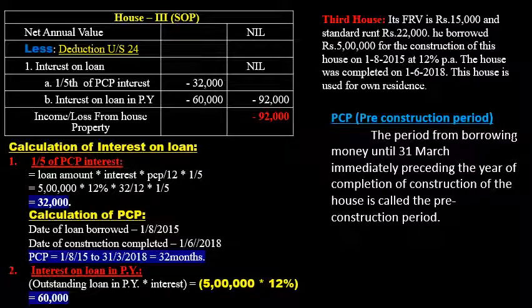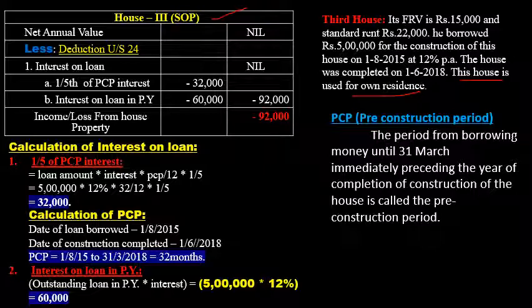So the third house is a self-occupied property as per the given information in the problem. So SSC used the third house for residential purpose. So it is a self-occupied property. So we will assess it as per the provisions of a self-occupied property. It begins with the net annual value. Net annual value is nil and it is fixed for all self-occupied property. So it starts with the